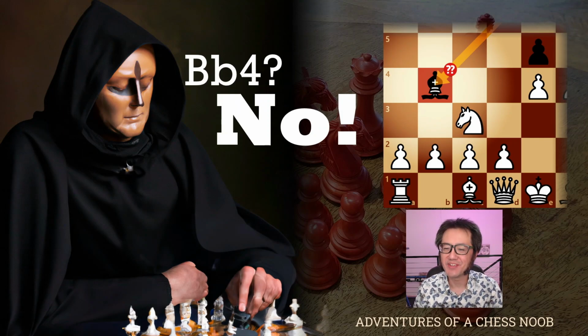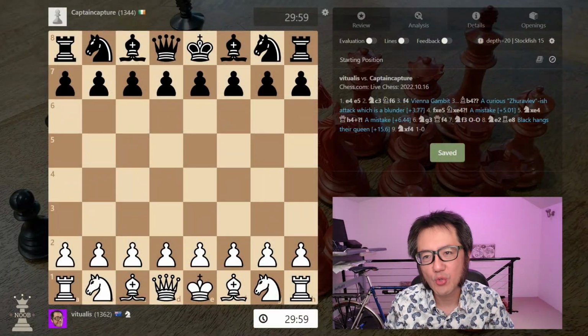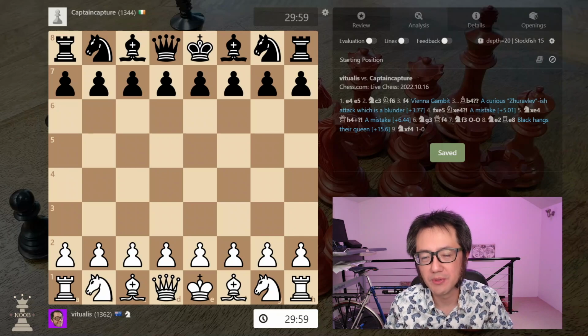The Vienna Gambit is my favourite opening for white. Now, should black decline the Vienna Gambit with bishop b4? The answer is no. Let's find out why. Now, this game was quite short, but it gives us a very good idea of the problems with that early